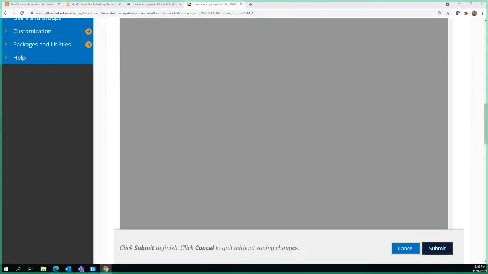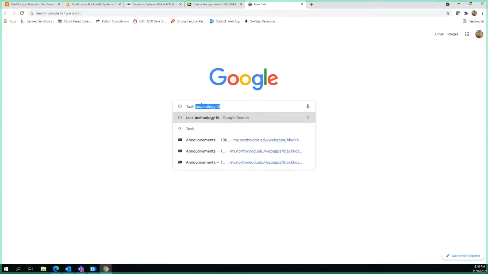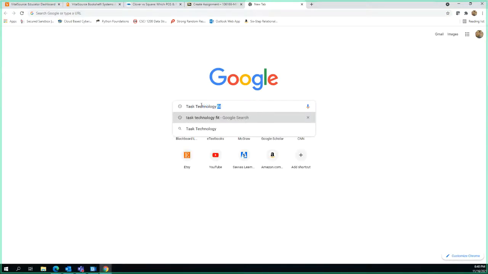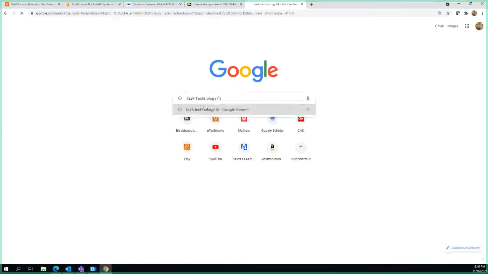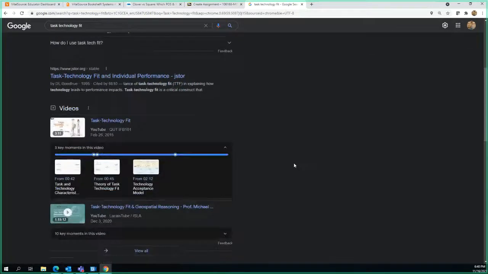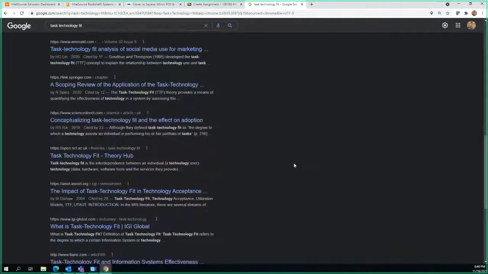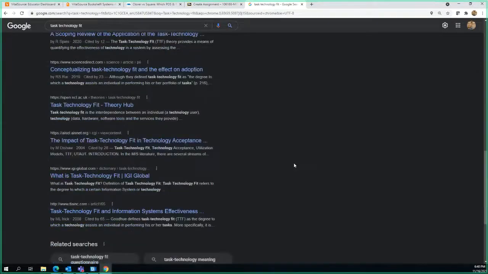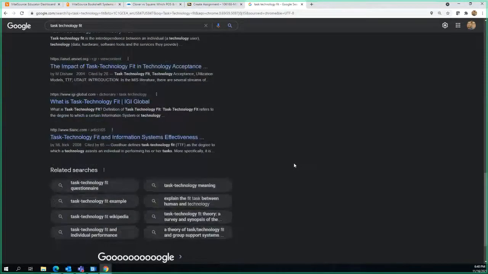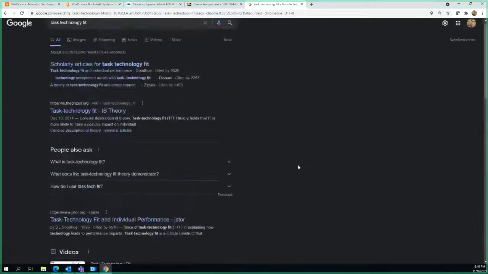For task technology fit and for technology acceptance model, you might be better off looking at Wikipedia in some ways because those articles can be long. Let me see if I can find it a different way.